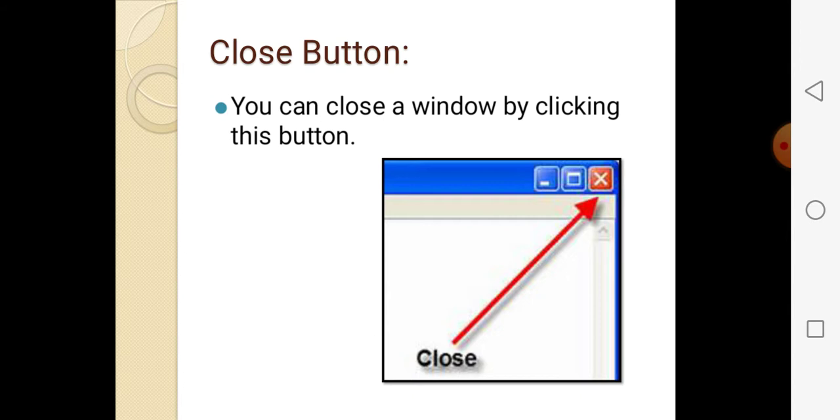Any program that is open, to close it use the close button, right. Every program will be open, if you want to close it, so close this thing. In between also some error will occur when some work is going on and you don't understand anything, so you have to close this button. If there was a cancel option also we can say, and close button.